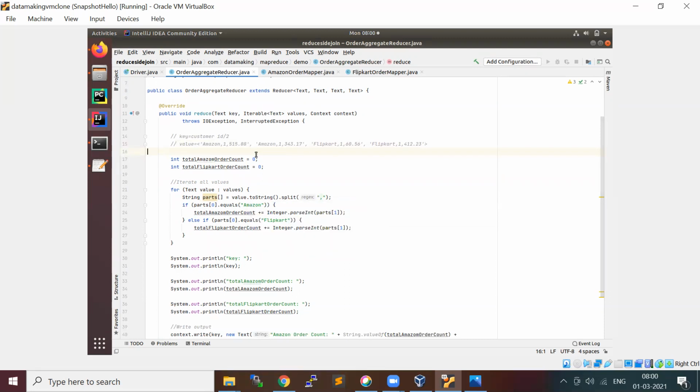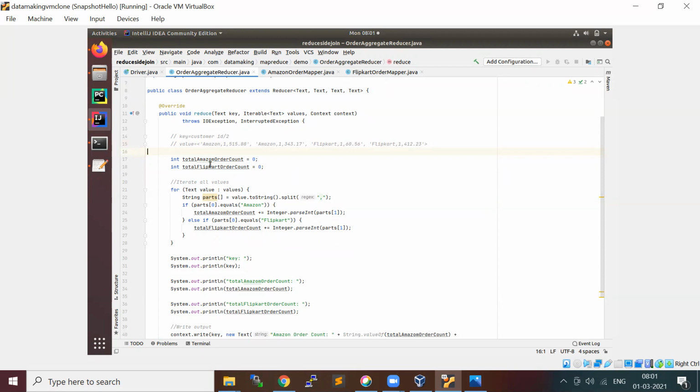Now our job is to check whether we have to do the aggregate for the customer, so that you do the join between these two. If it is an Amazon sale, I'm just going to find out the count. I'm not going to do the sum on order amount. I'm just going to find out the total sales that happened in the respective data set.